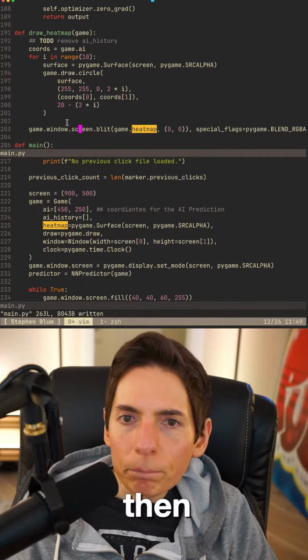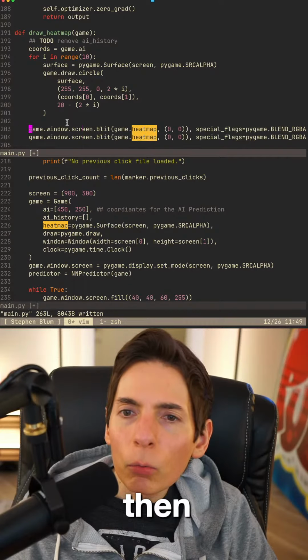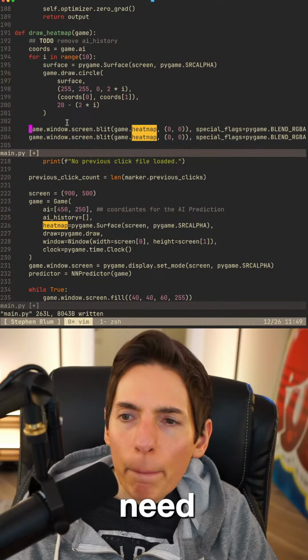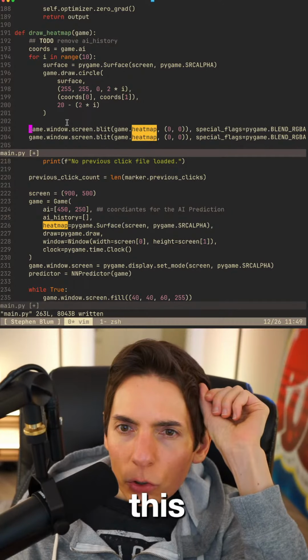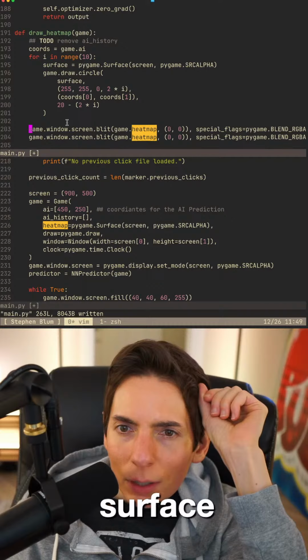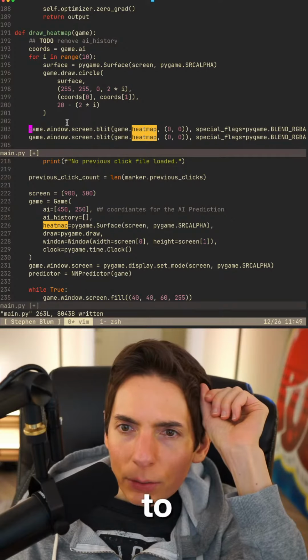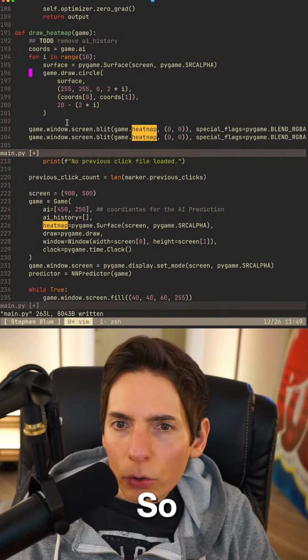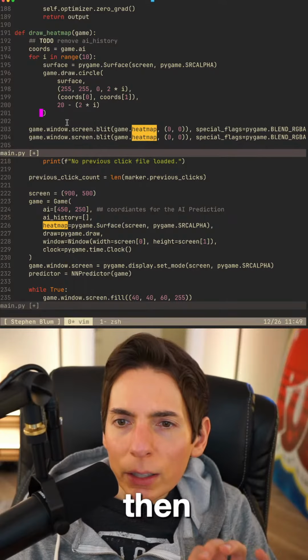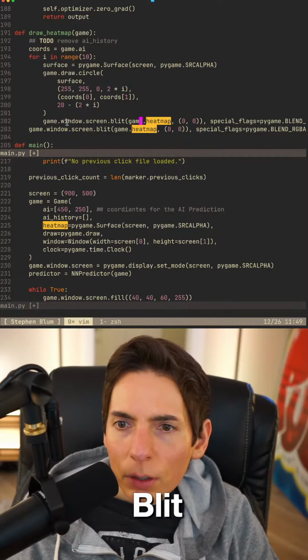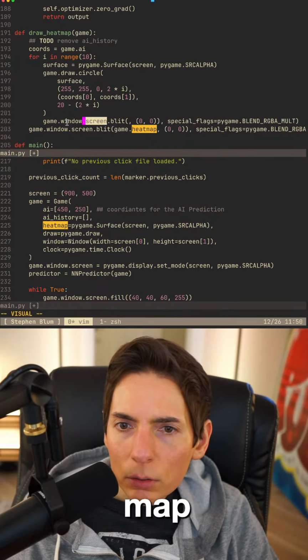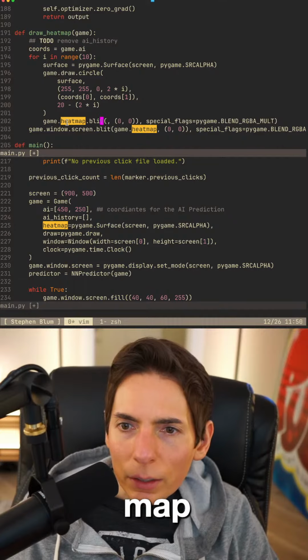We blit it onto the temp surface, and then we need to blit into the heat map like that.